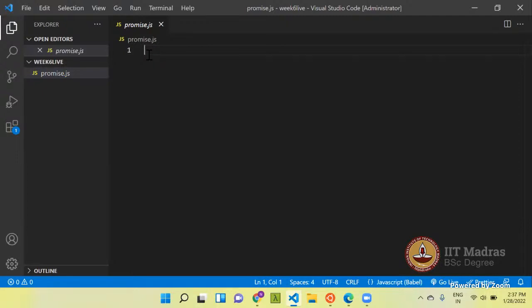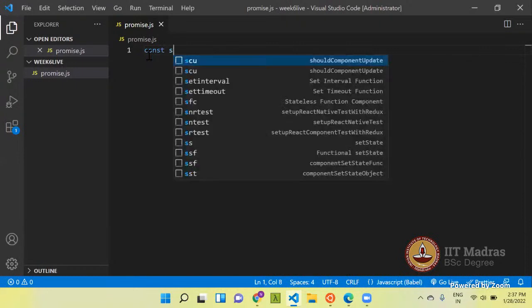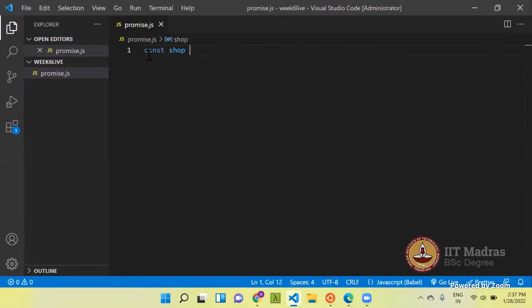Let's say I have a shop, const shop, and this shop may have the oats or not.